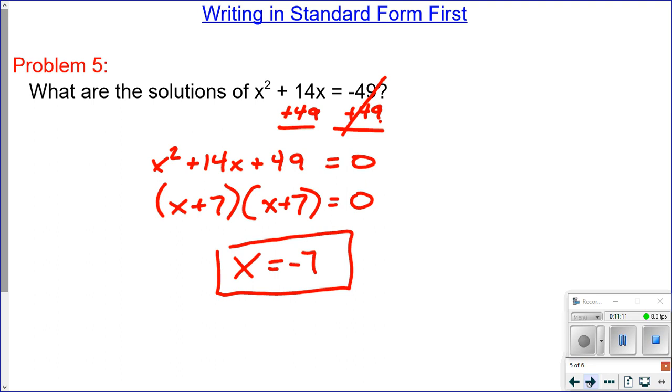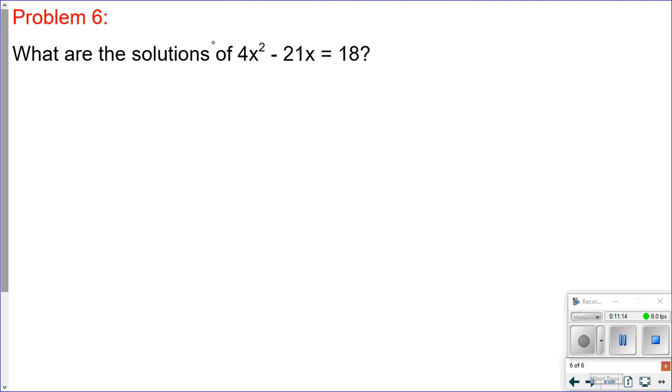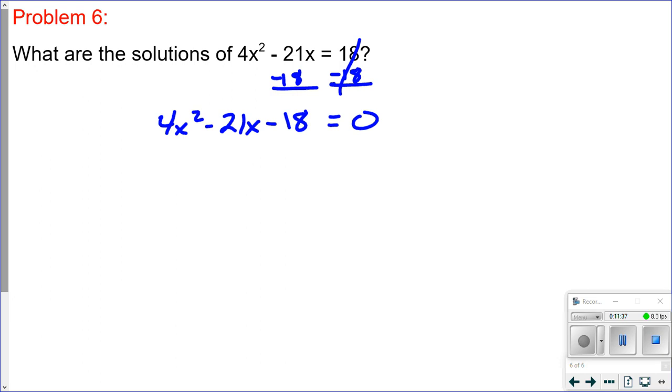All right, so I got one more for you. Here's problem 6. Again, this isn't equal to 0, so the first thing I'm going to do is set it equal to 0 by subtracting 18 from both sides. So there's my 0. On the left side, I have 4x squared minus 21x minus 18. So this one is one I'm going to have to use my slip and slide technique because there's a coefficient on the x squared. I'm going to slip this 4 down to the end. So I'm going to end up with x squared minus 21x